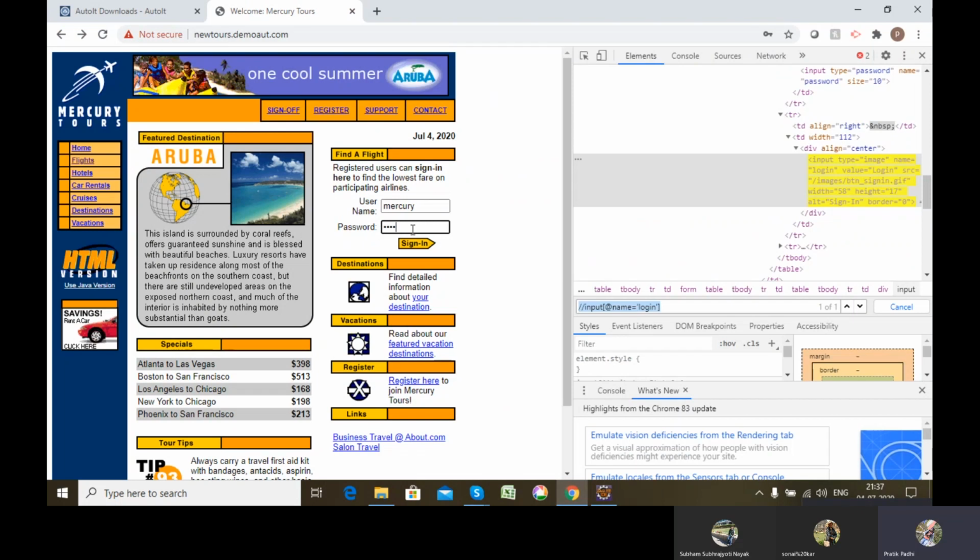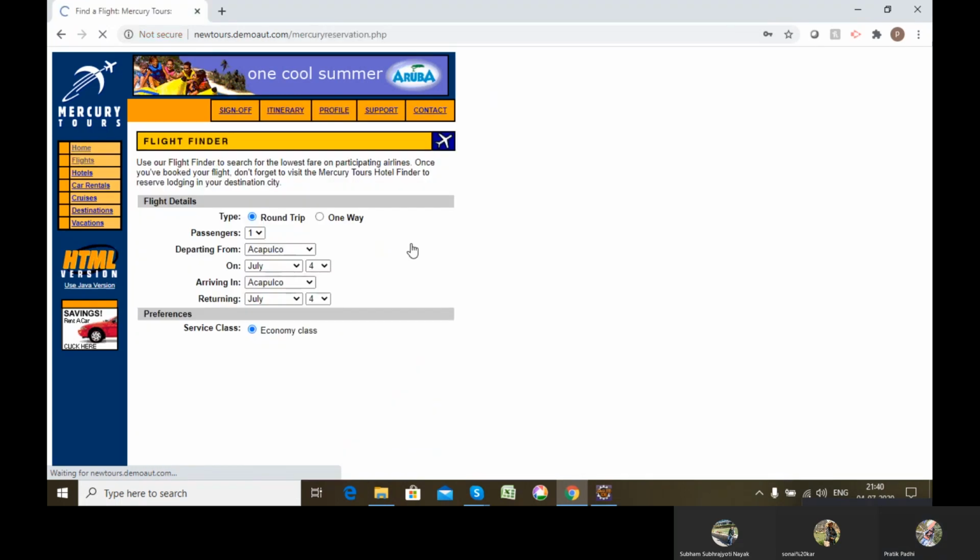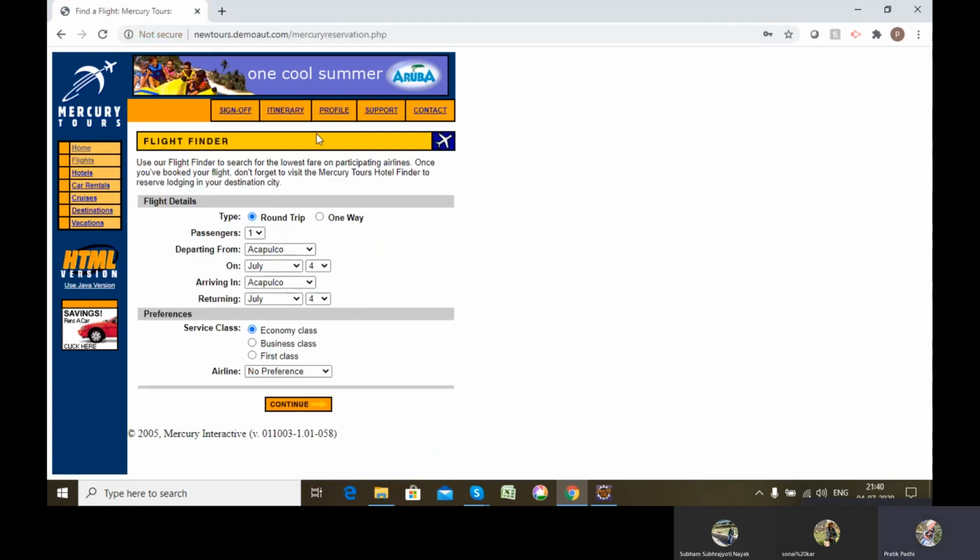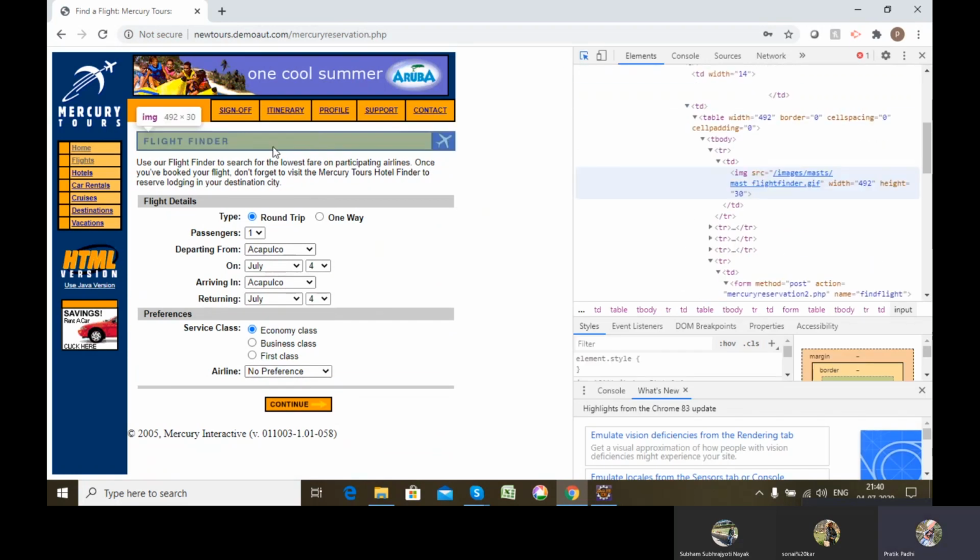Once I log into this particular application, we see that we are able to see this page. Let's say my validation is that after I log in, I just find the Flight Finder page.